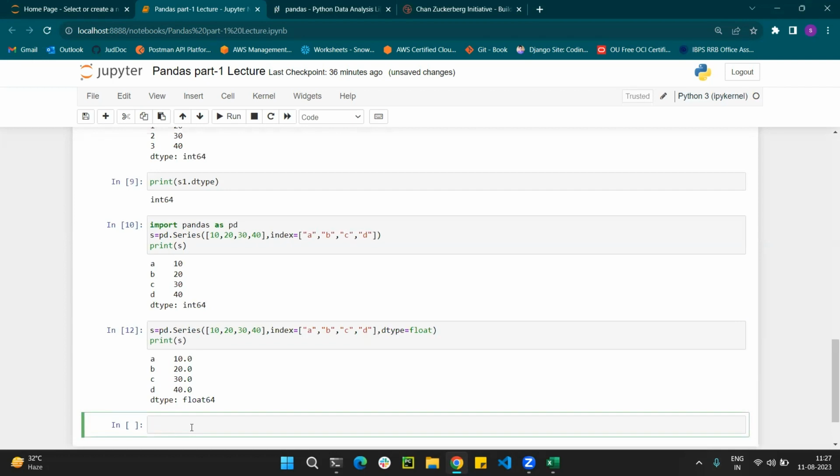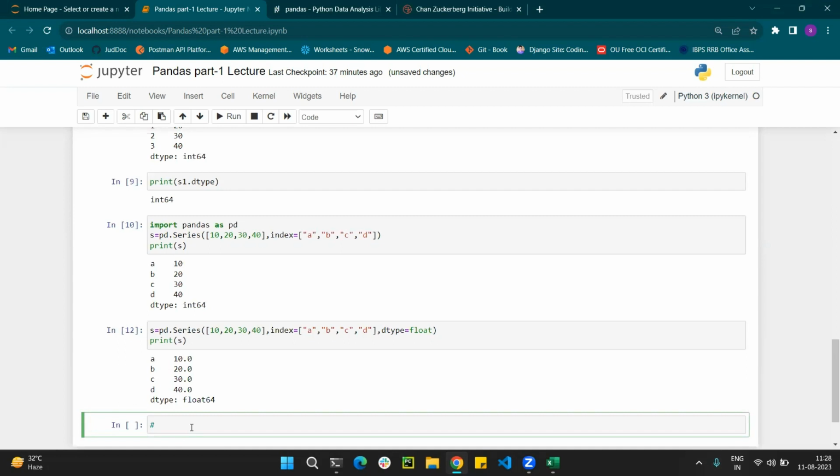And the last thing: let's create a series from a dictionary. Until now we imported from a list, and now we import this type of data and see the output from a dictionary.